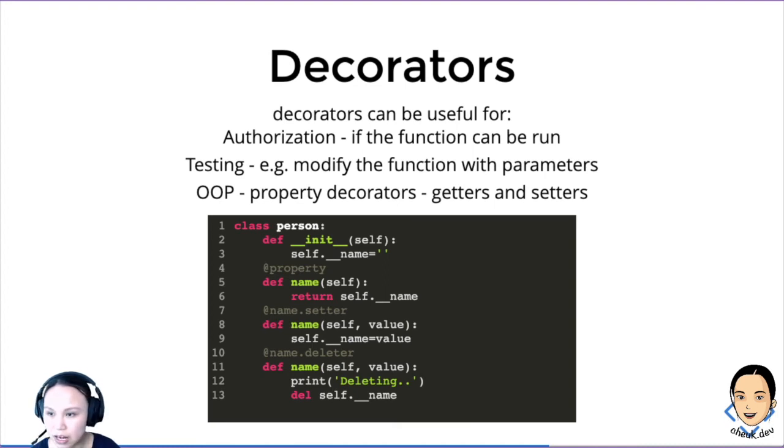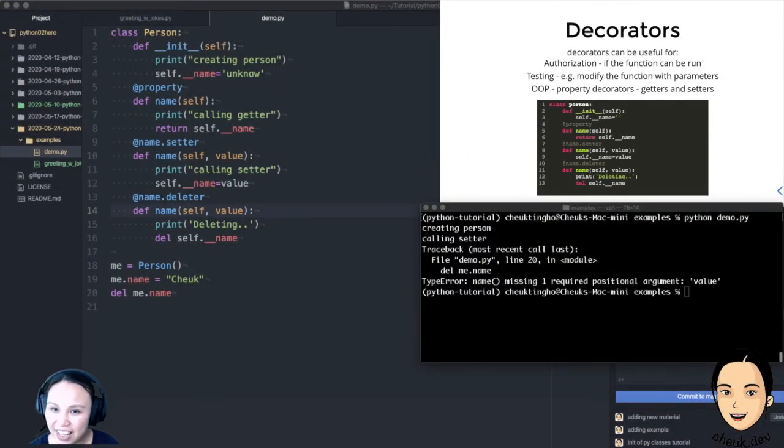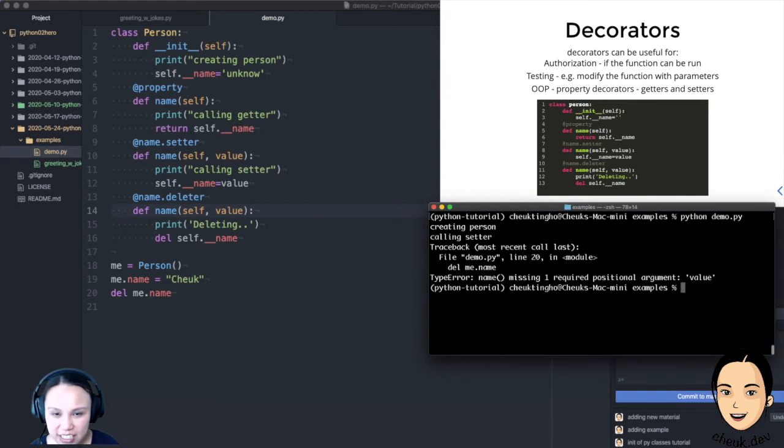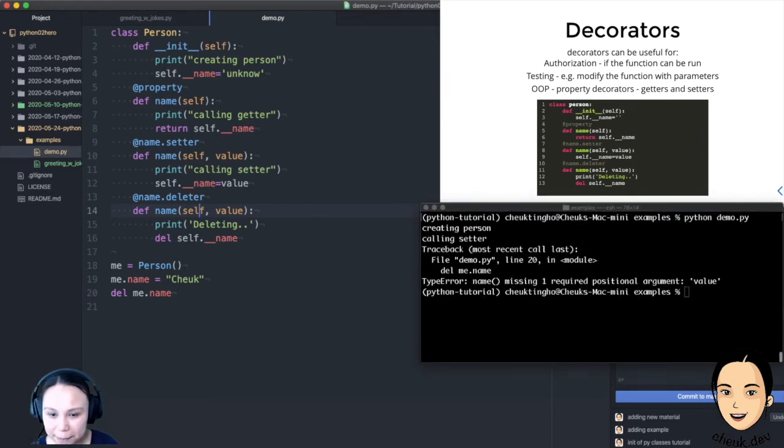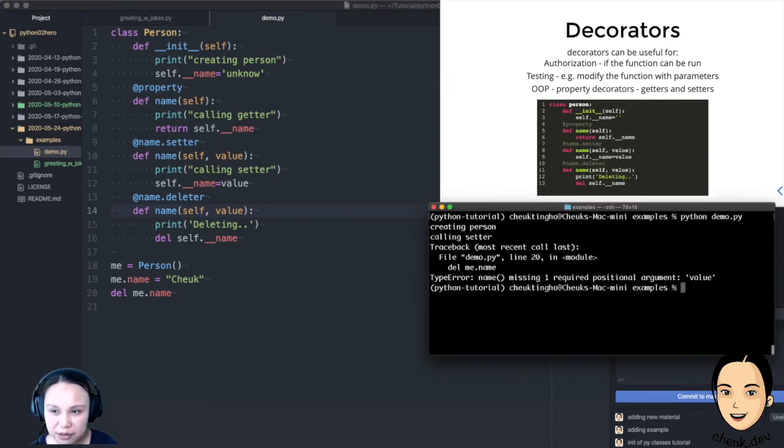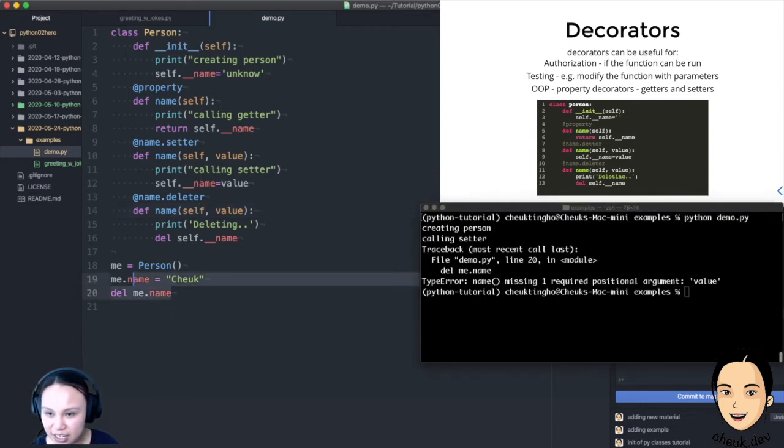And oops, sorry, I'm not showing the terminal. Okay, so sorry about that. Yeah, because I'm looking at a lot of screens. So okay, so this is the deleter. Sorry, and yeah, I would go back a little bit to talk about